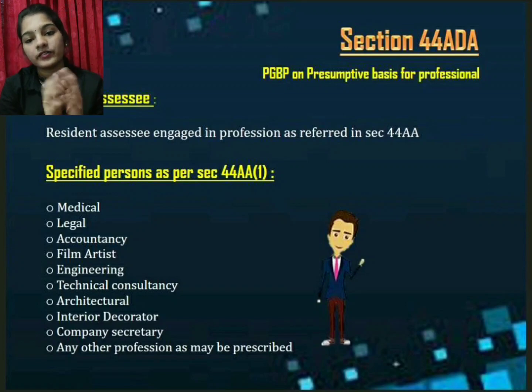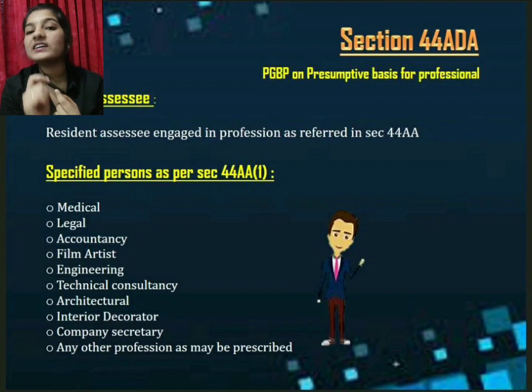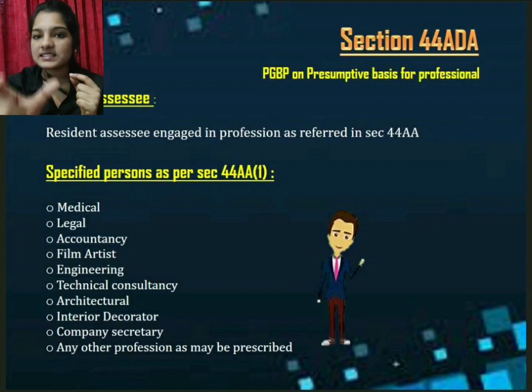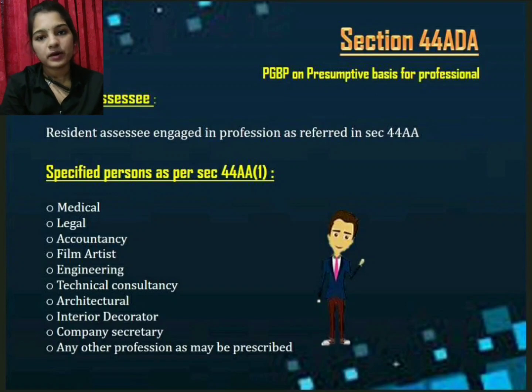But when the budget was declared, in the memorandum explaining it, it was clearly written that the resident assessee should be a resident individual, resident HUF or a resident partnership firm other than a limited liability partnership. So these resident assessees who are engaged in the profession as referred in section 44AA are eligible for section 44ADA